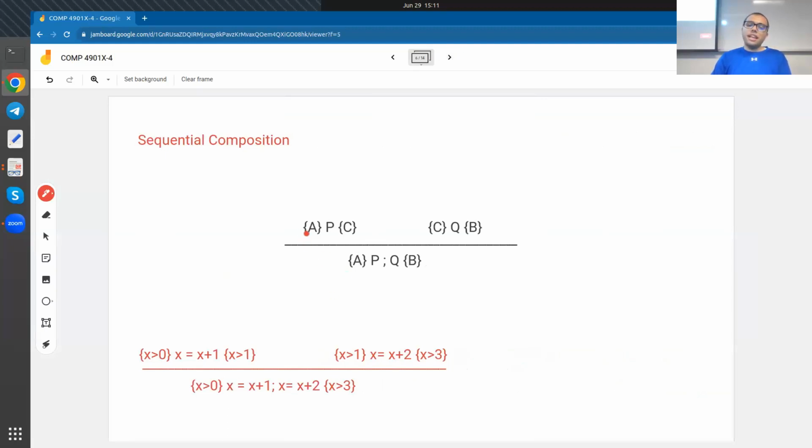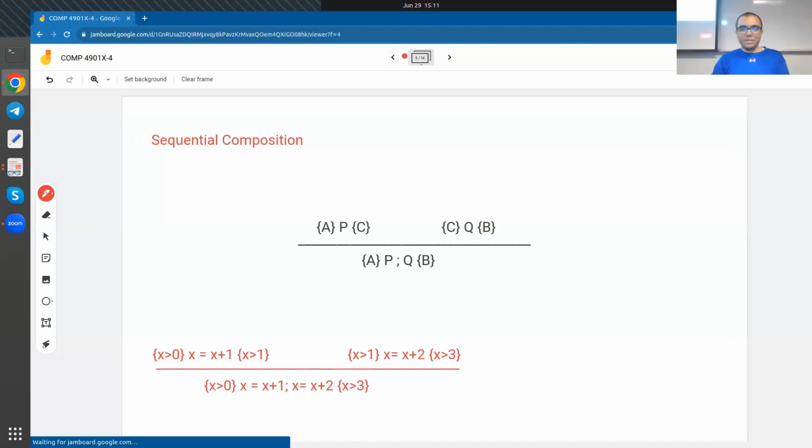So this one is interesting. If A holds and I do P, and then after C holds. And whenever C holds and I do Q, then B holds afterwards. Then I'll go over all of these in detail in the next session, and again, the real hard part always is when we get to while. Figuring out what to do with the while loops is actually